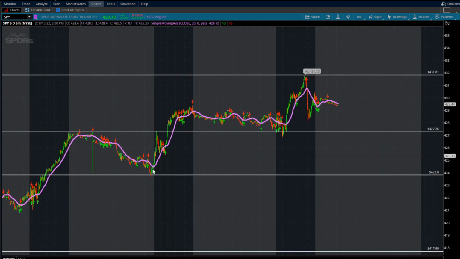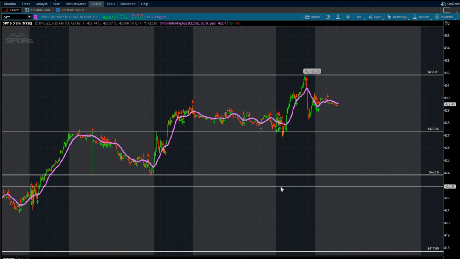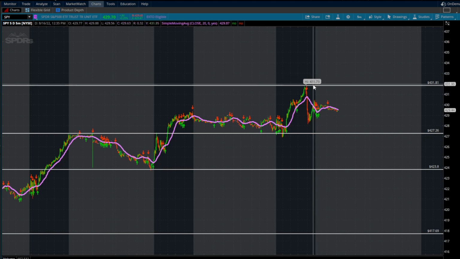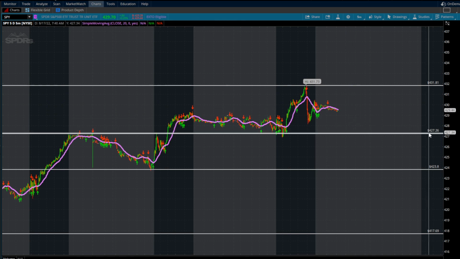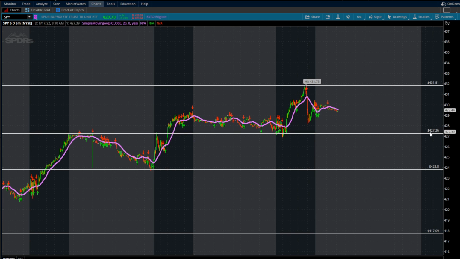If we're looking to day trade, we are looking to day trade the 5-minute time frame, and we have all of our previous supply and demand zones here. So you can see obviously a break over 431.73 is a long position. There's nothing now. We're in the middle of the range. What we would be looking for is some type of bounce between 426, 427. So first things first, we would be looking for a bounce off of 427, and we need the candle